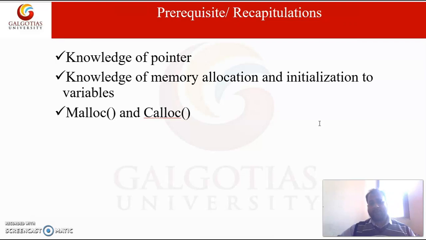So in this way both methods differ in memory initialization and parameter passing.